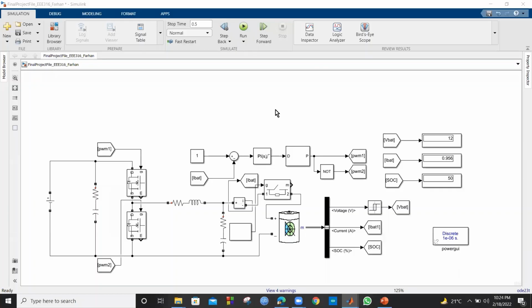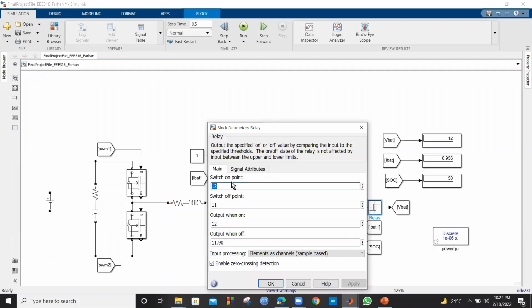In our second demonstration, we have implemented a relay connection connected to the battery bus voltage. Here, the relay has a 12 volt switch on point, which will keep the output at 12 volt, making it an automated cutoff at 12 volt, and any point below that will keep the voltage at 11.90 volt. So while charging the battery, when it reaches the upper limit of 12, it will automatically get cut off and